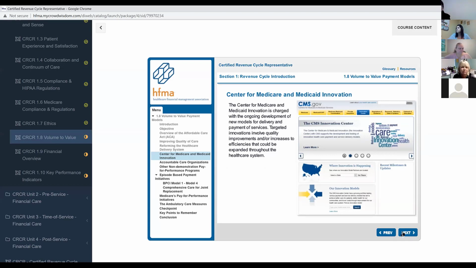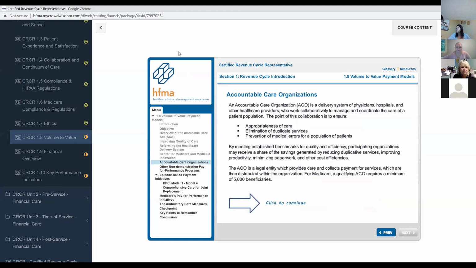This is probably going to be a question on the exam. I know it's a question on the study guide. The ACOs were established. It is a delivery system consisting of physicians, hospitals, and other healthcare providers, and they work collaboratively to manage and coordinate the care for a specific patient population. Okay, their goal is the appropriateness of care, elimination of duplicate services, and the prevention of medical errors for a